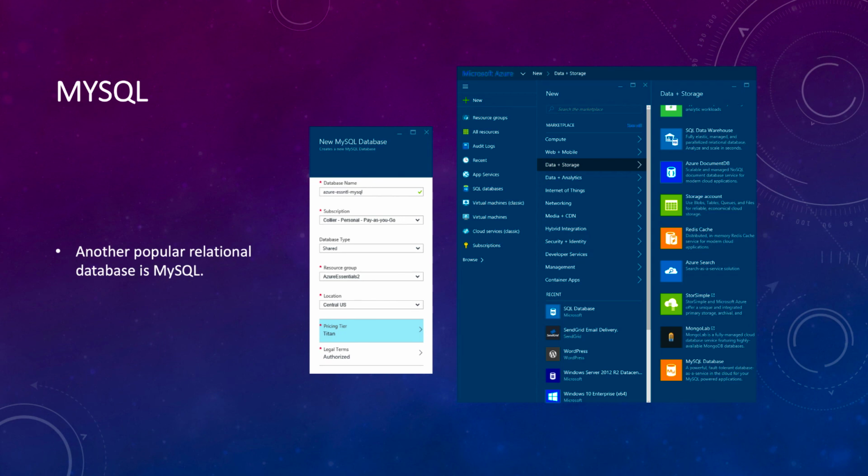When the new MySQL database blade opens, as you can see here, you'll have the opportunity to provide the necessary details about your new MySQL database, including the following. You can add a database name, which is the name for the new database, the subscription, which is the desired Azure subscription of yours, and database type: select shared for lightweight database workloads and dedicated for a premium tier database hosted